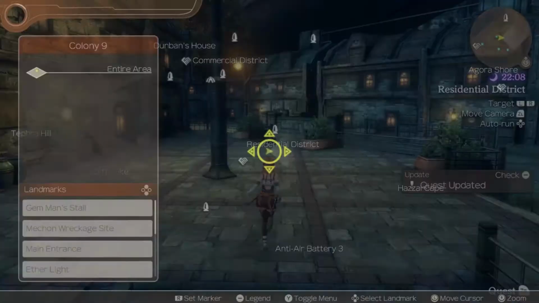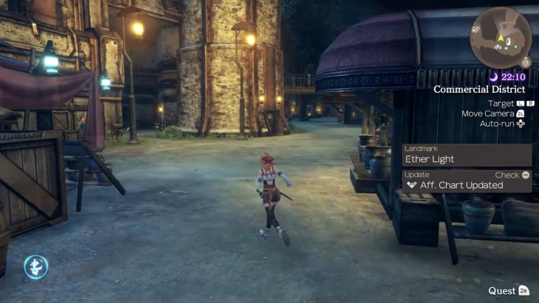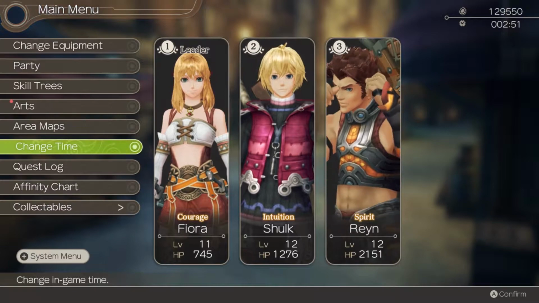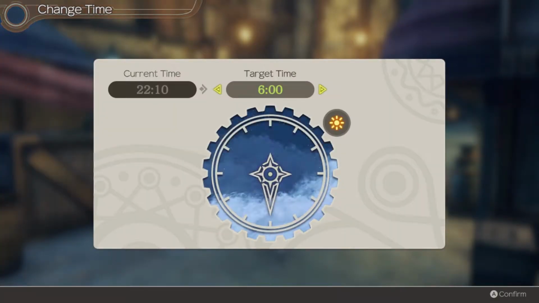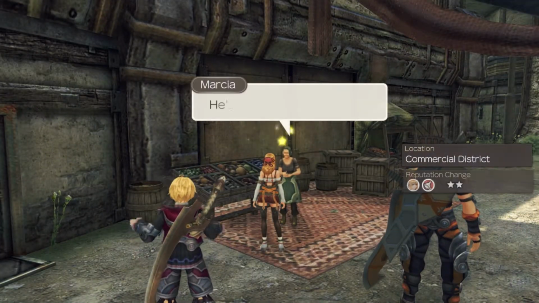And because this is a main character quest, we do need to go talk to the other person again, just to tell them that we did give the cookies. So let's just change it to daytime again. Trust me, we're going to be changing the time a lot, even future games, so...